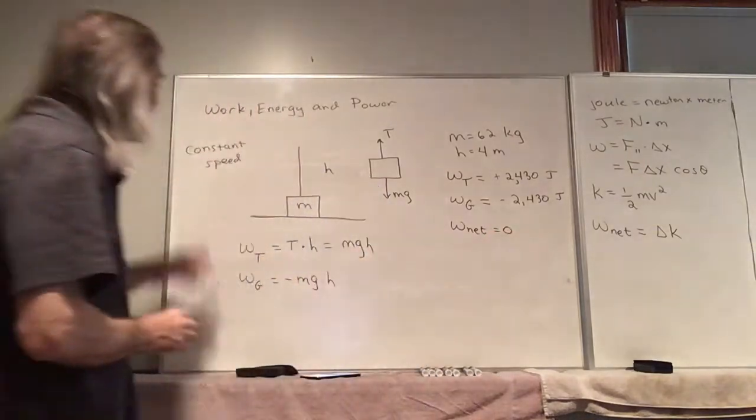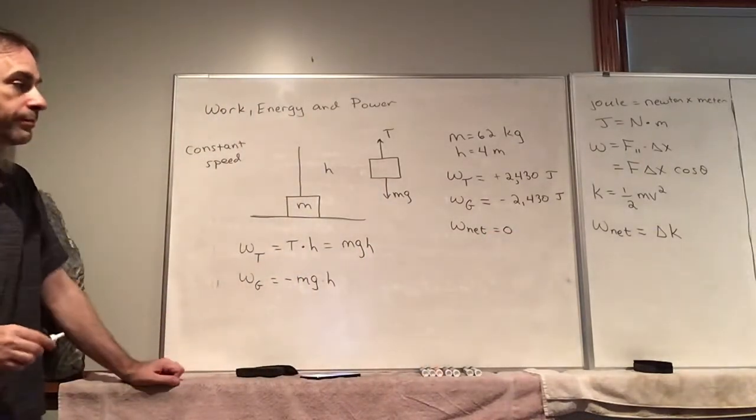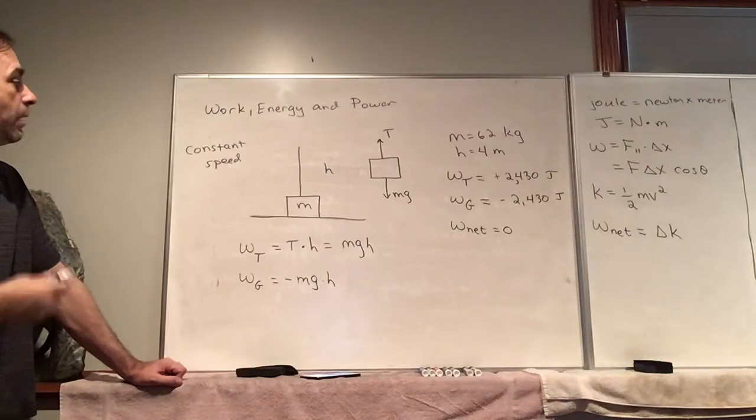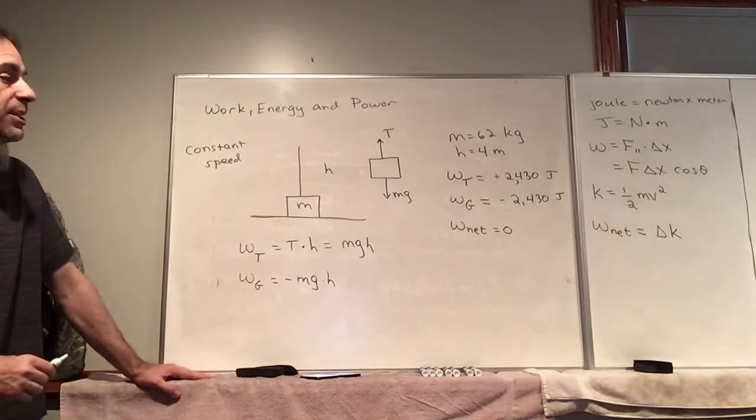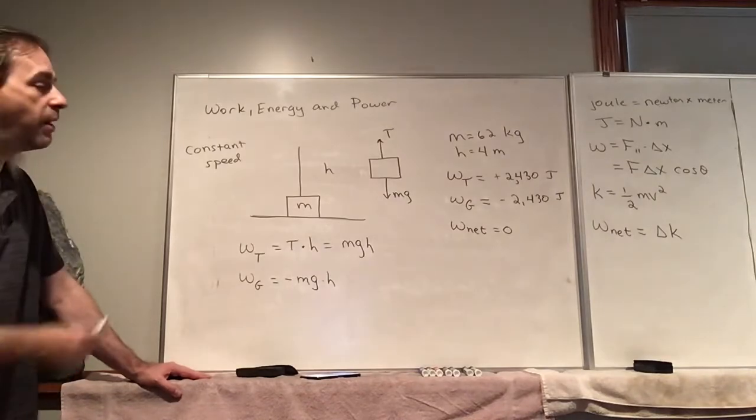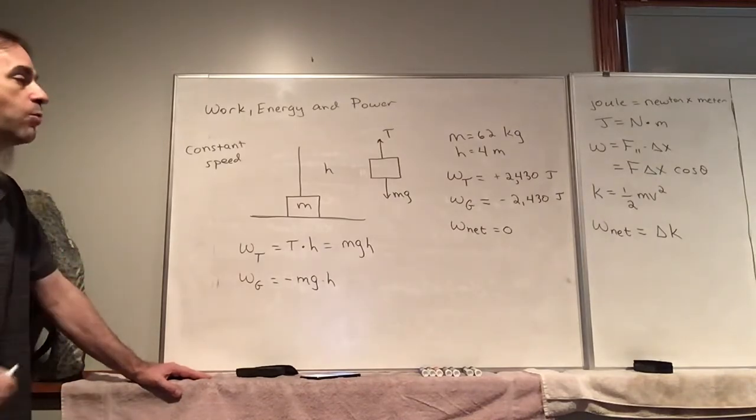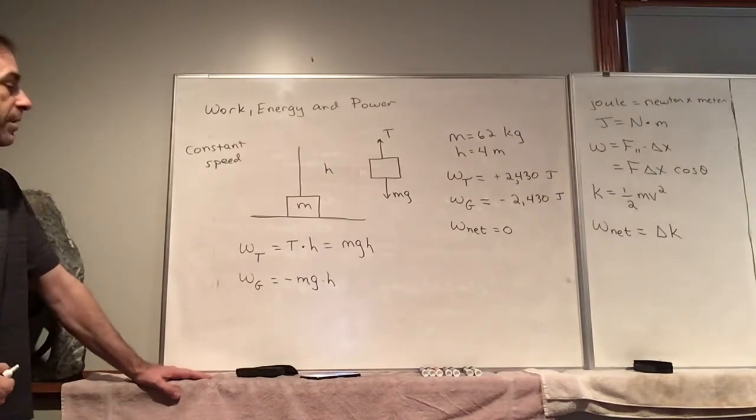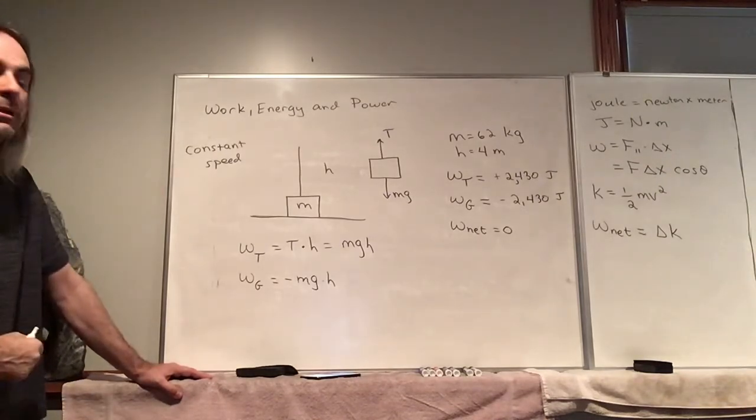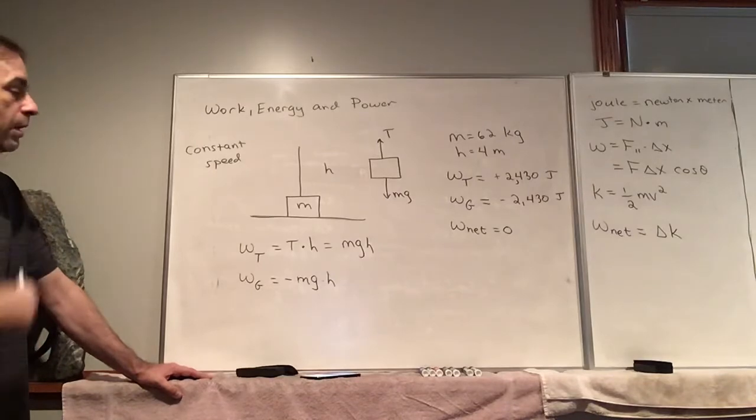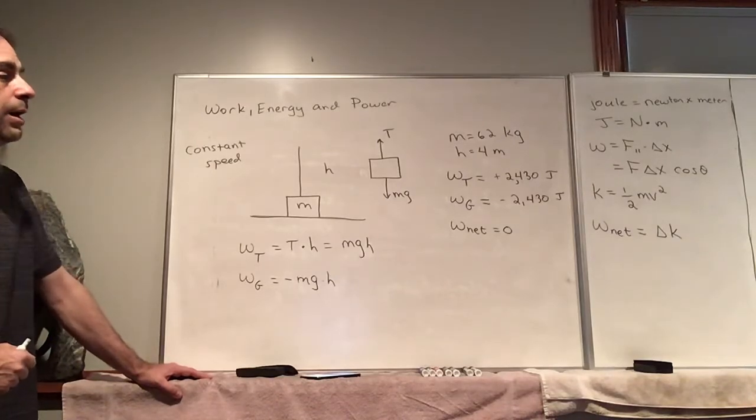So if we're lifting at a constant speed, then the acceleration is 0, the net force is 0, so the net work is 0. So again, in that case, tension and gravity have the same magnitude, just opposite directions. Okay, now,